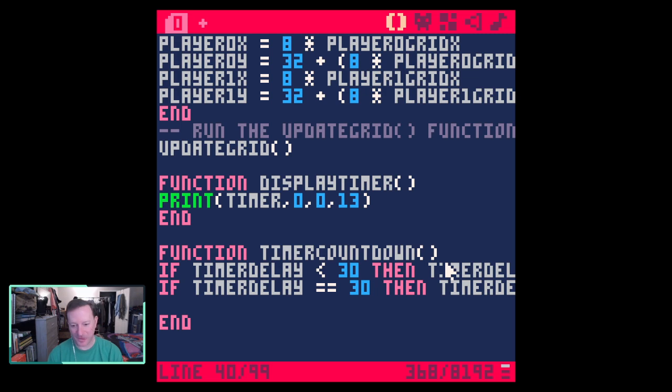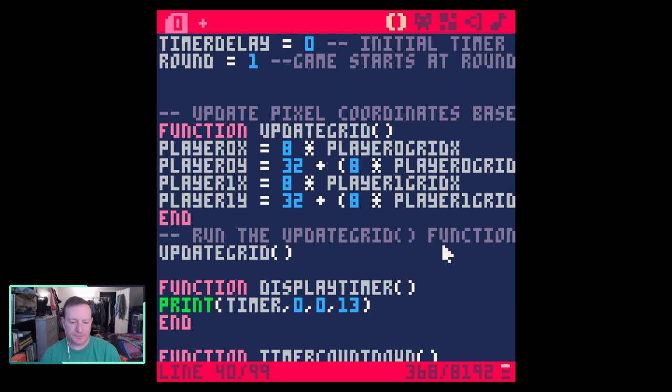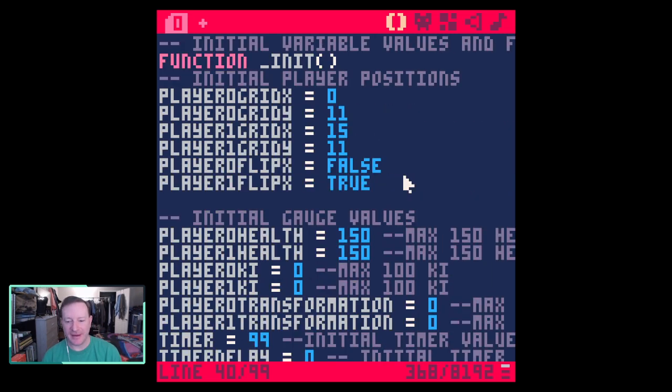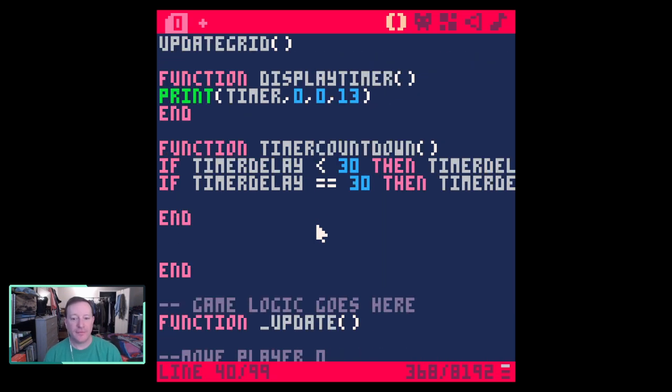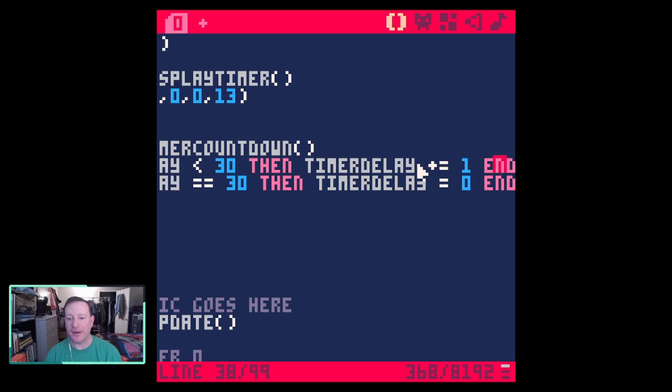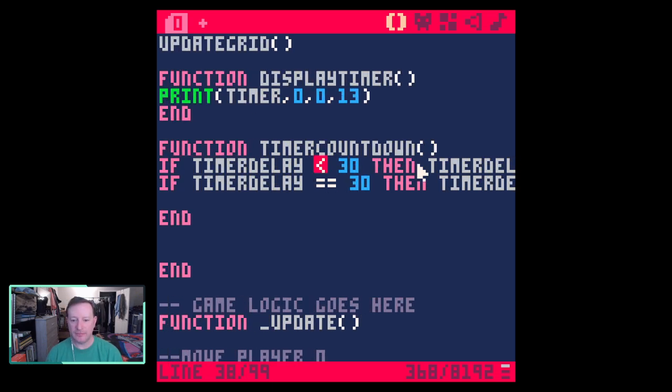Okay. Should it be 30 or 31? Like when the counter gets to 30? Well, let's see. Actually, it probably should be 29 now that I think about it. So we're starting it at 0. Yeah, that might be. So that happens here if it's less than 30, which is 29. Then add 1. You go with this to be 29, right? If we're starting at 0. It seems likely to me. And if it equals 29,